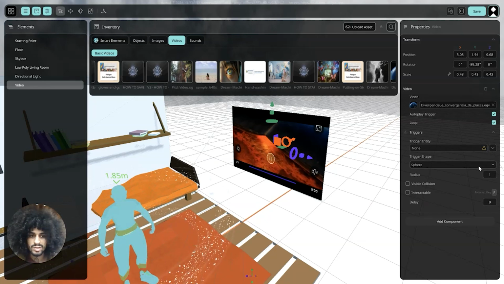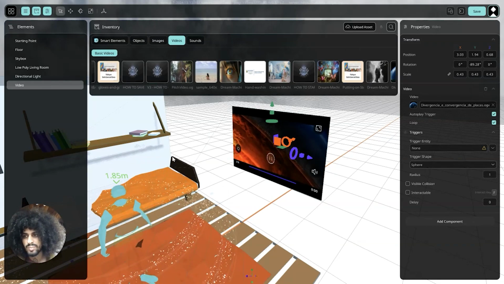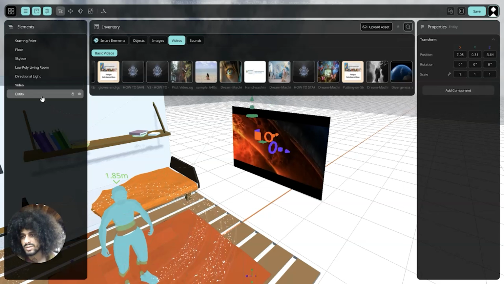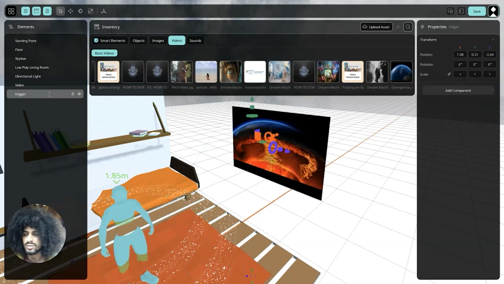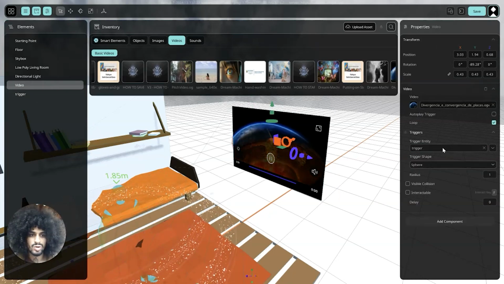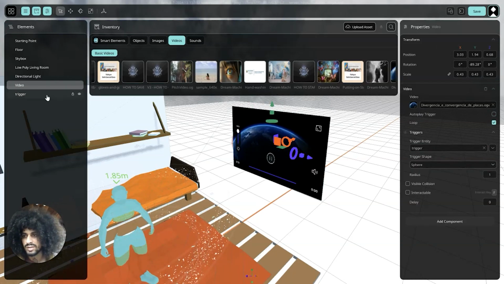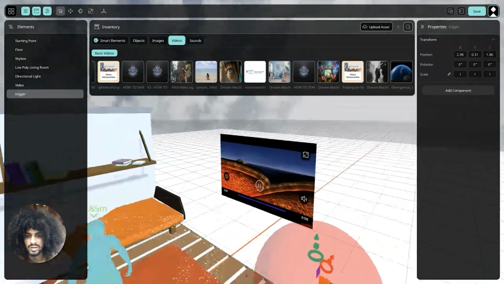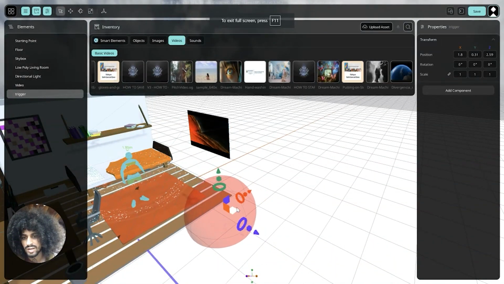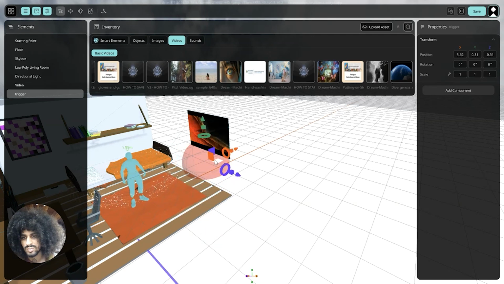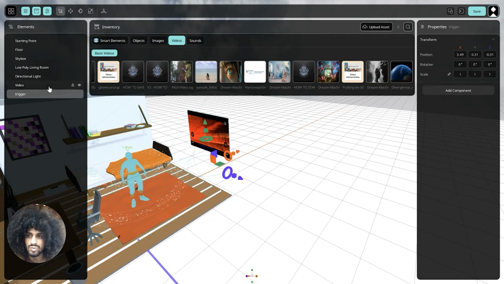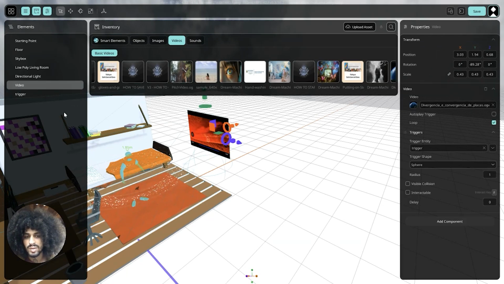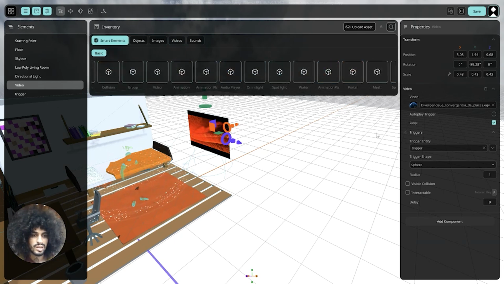But if you want to add a trigger, like if you want your character to interact with something before the video plays, you can create an entity here and name it trigger, and then it's just dragging and dropping here, and then the autoplay won't work anymore. This trigger is going to be your area that plays the video. When I touch that area, the video will start playing. I'm going to show you guys live now. It's working. I'm going to stop the video here, and that trigger can also work to trigger other stuff like animations or audios, or other components that we have in the smart elements.